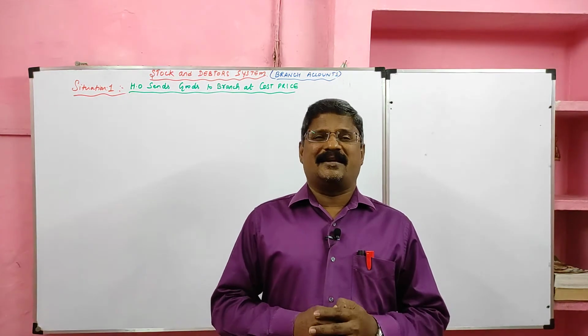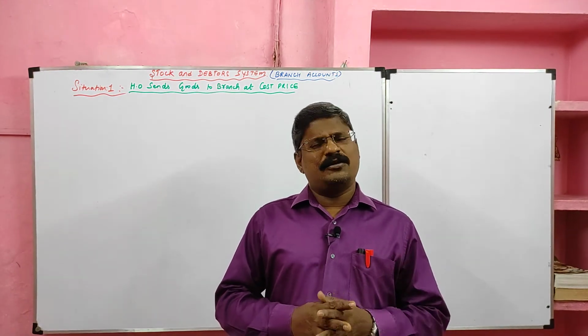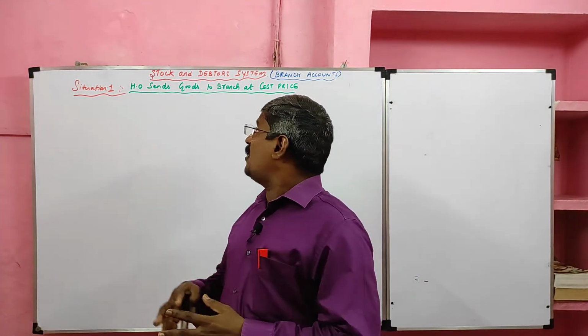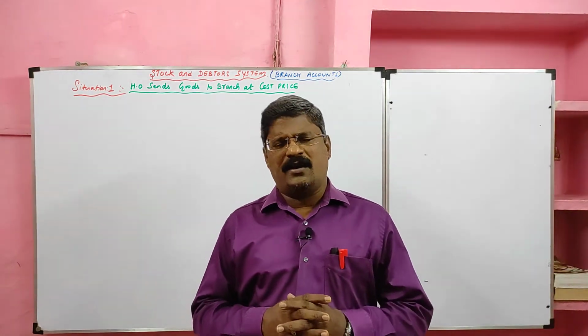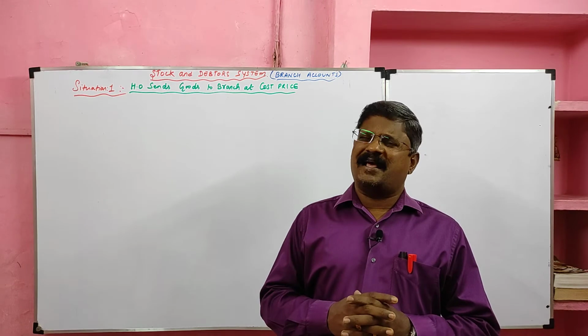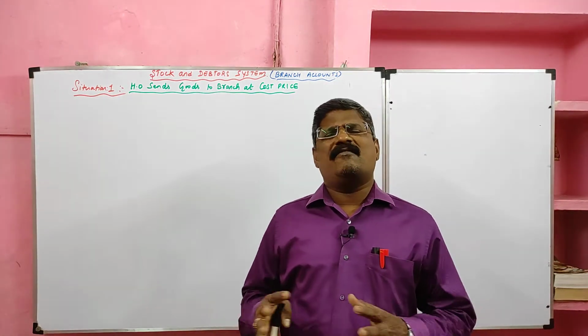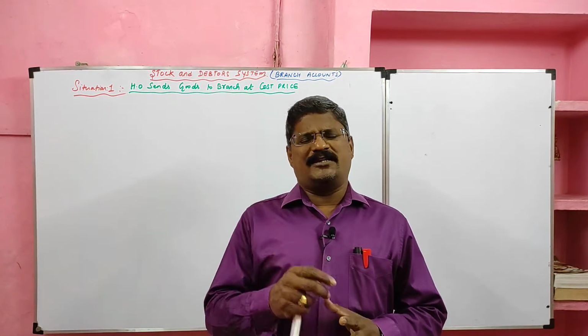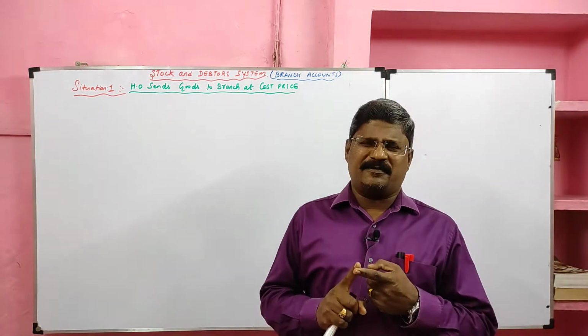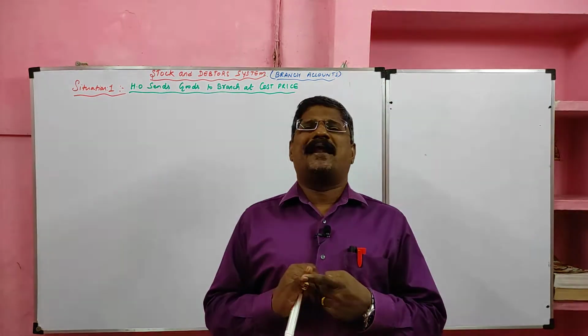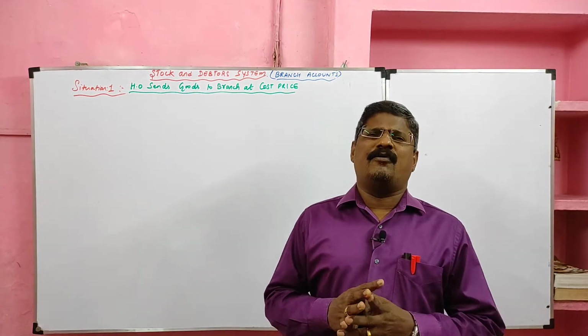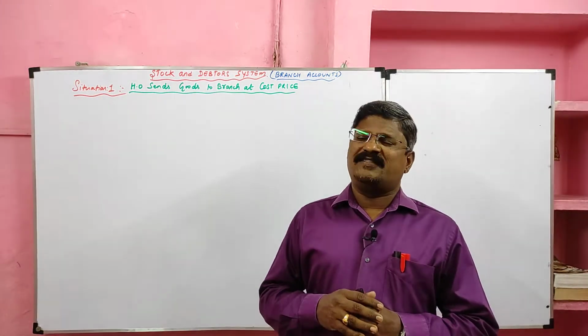We completed debtor system. We solved 10 problems. Today we are going to learn stock and debtor system. Here there are two situations. In situation number 1, the head office sends goods to its branch at cost price. Here we are going to prepare 4 ledger accounts, namely branch expenses account, branch debtor account, branch stock account, and branch profit and loss account. Today I am going to show you the format of these ledger accounts.